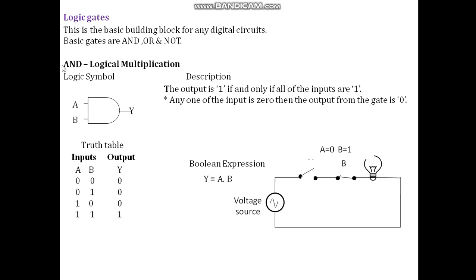Okay, so the AND operation can be explained by means of this circuit. In this circuit, two switches are connected in series, and through the switches the bulb is connected to the supply. So the bulb will glow only if both the switches are closed. That means both values are 1. If any one of the switches is open, definitely the bulb will not glow. So this condition is proved by means of this circuit, right?